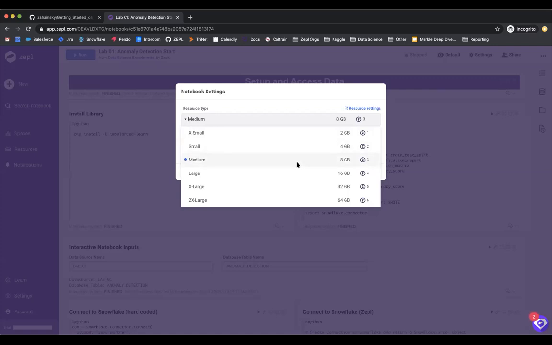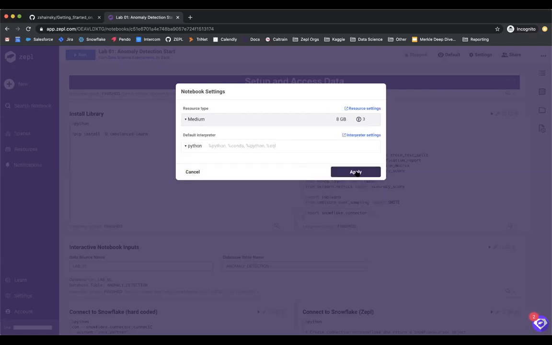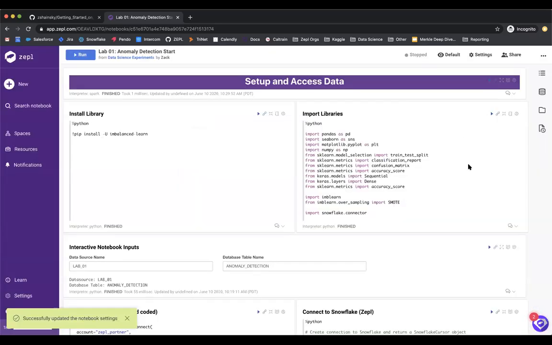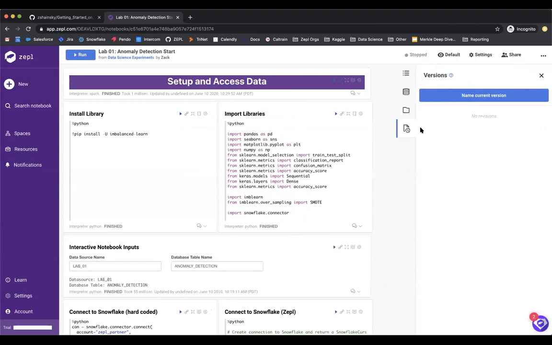Let's go ahead and select the medium, Python as our default interpreter, and click apply. The one other thing that I like to do when I'm first starting out in Zeppo is to also make an initial commit. So what does that mean? We have a built-in version control on the right side of the screen, if you select this icon here,